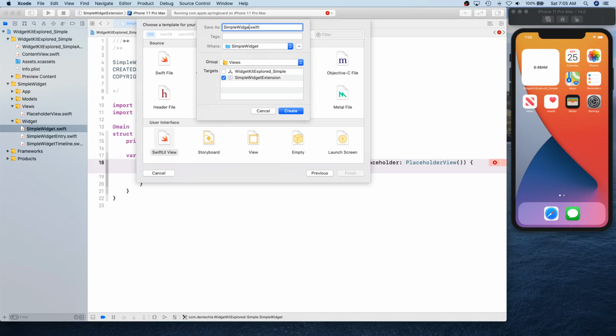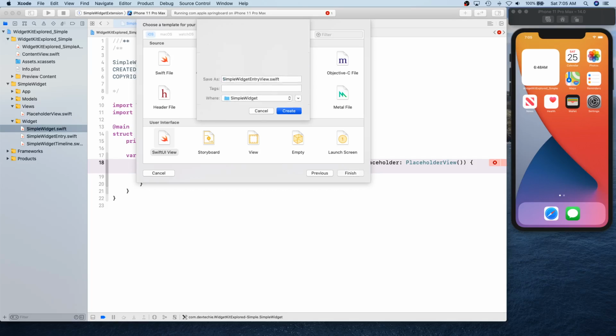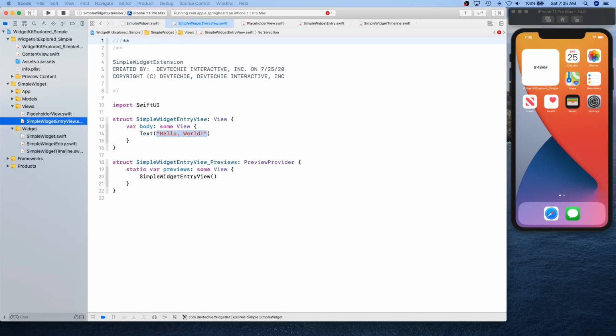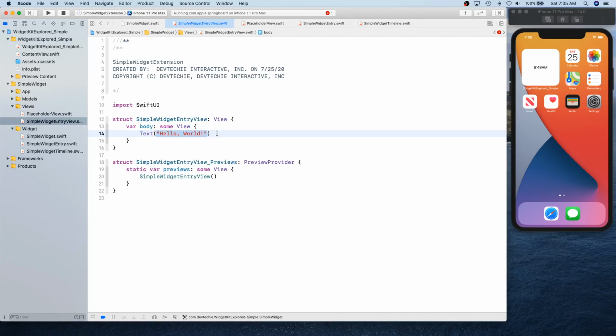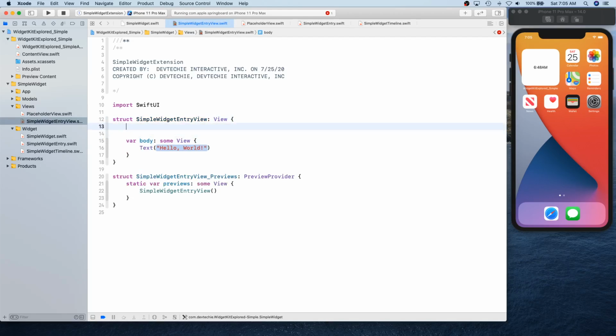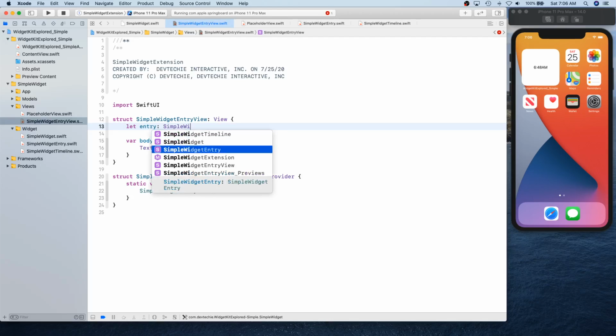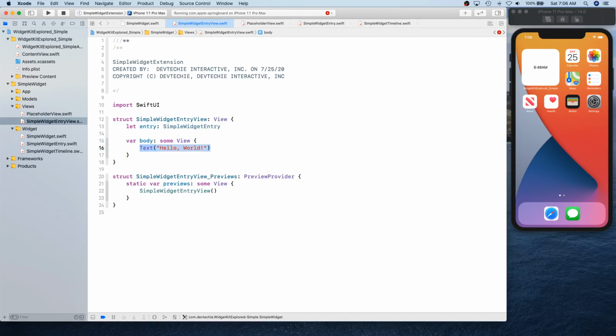SimpleWidgetEntryView. For the entry view, it's going to be a simple SwiftUI view. We are expecting our widget to provide the entry, so we're going to say let entry: SimpleWidgetEntry. We have that information now, so we can start designing our view.